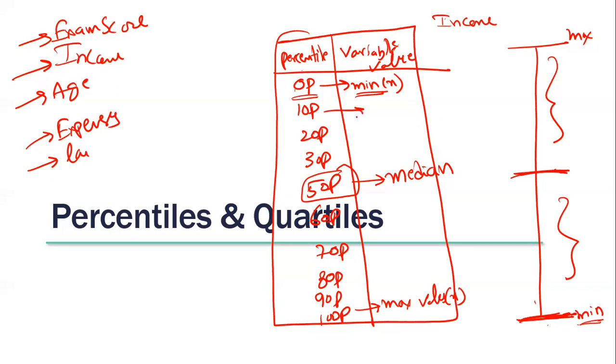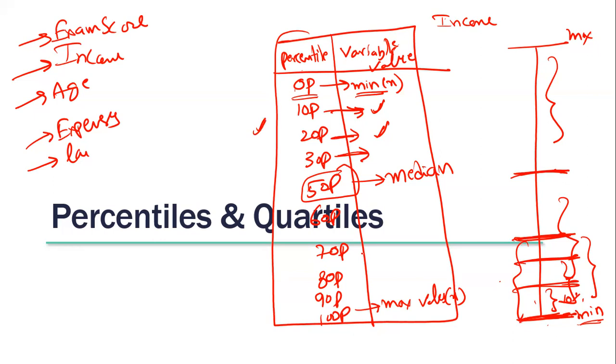Similarly, if you ask for 10 percentile, Python will arrange the data in order from min to max. It will find a point below which 10% is there, above which 90% is there. It will be given to you here. If you ask for 20 percentile, Python will find a point below it 20%, above it 80%, that will be given to you here. If you ask for 30 percentile, have you understood what is happening in the background? Python will arrange the data, find a particular point where below it 30%, above it 70%, like that. Then we will be analyzing this data. Then we'll be understanding this particular variable in depth, whichever variable we are giving.